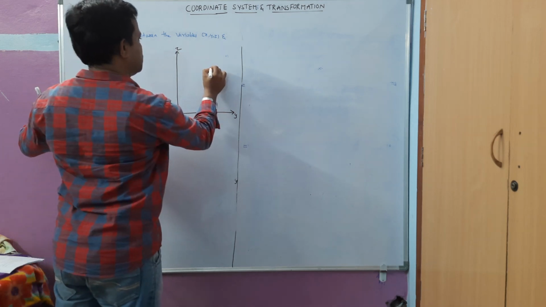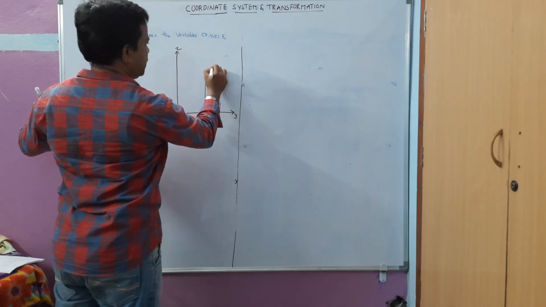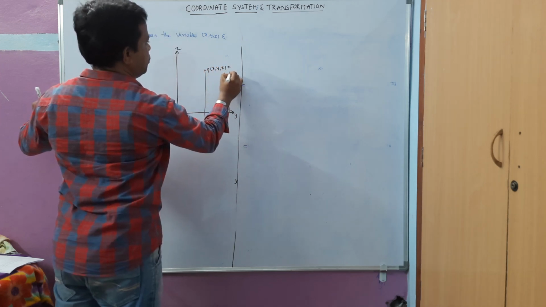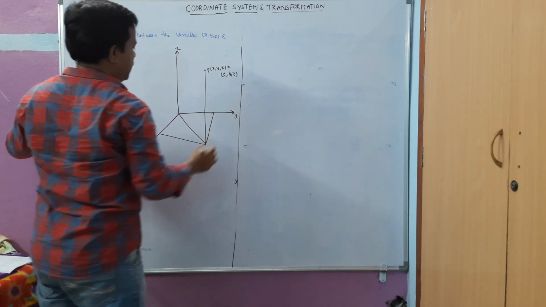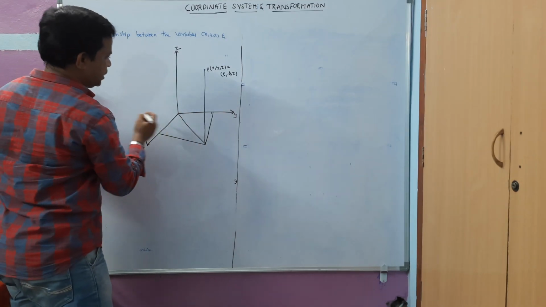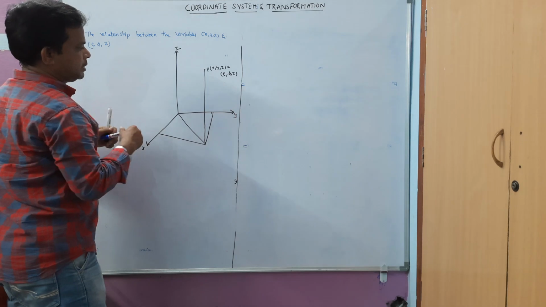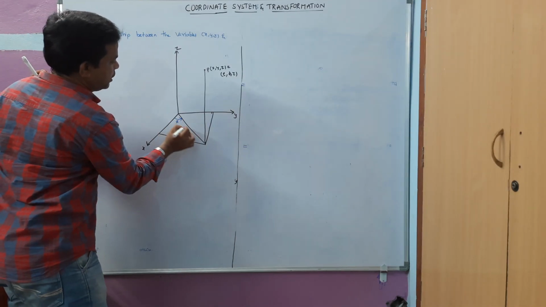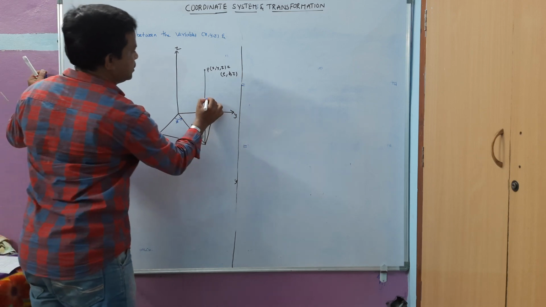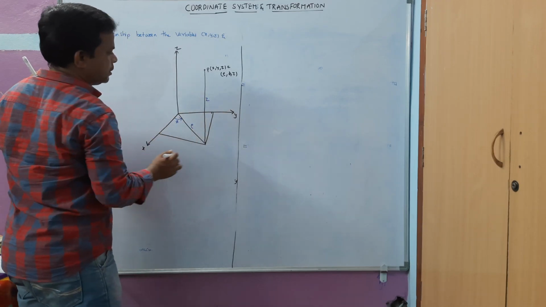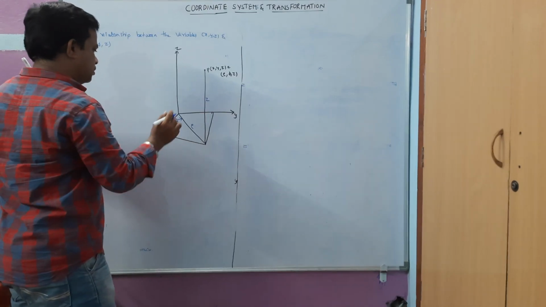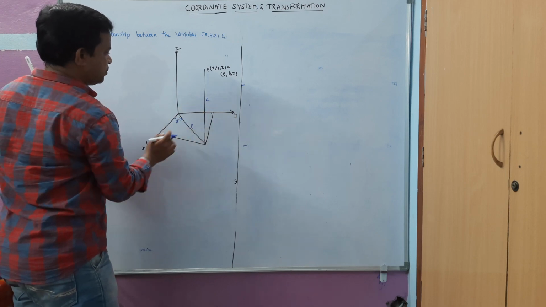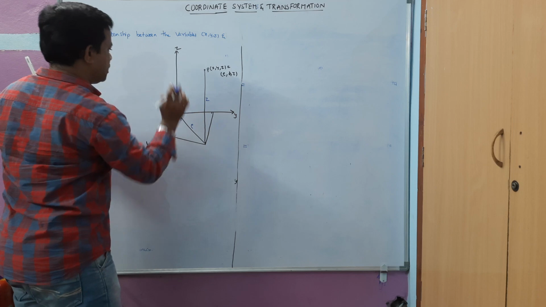This is the point P, with coordinates x, y, z and also rho, phi, z. Here we are going to represent the coordinates like this: this is the azimuthal angle phi, this is the radius rho, and this is z. Is anything still missing here? As this is x, this will also be x. These are parallel sides, and these are parallel sides.